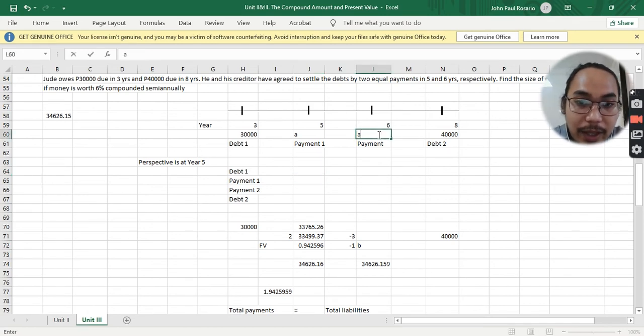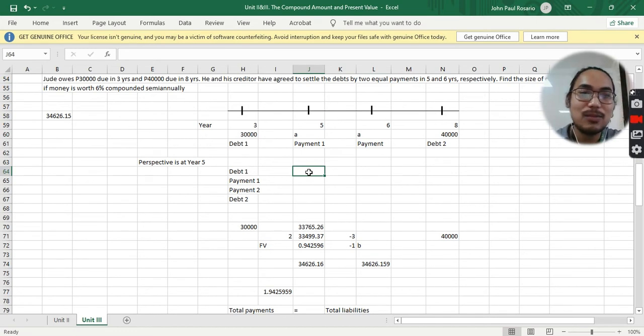And payments, by the way, are equal. Payment 1 and payment 2 are equal amounts. So, for your debt 1, the future value of your 30,000